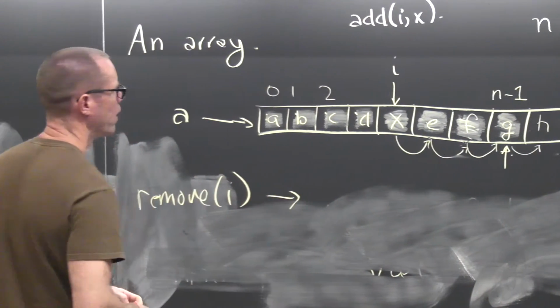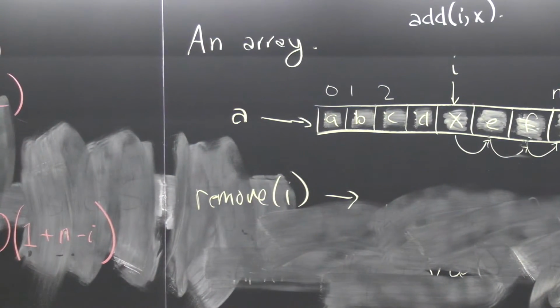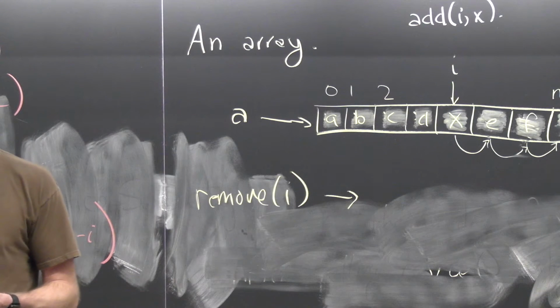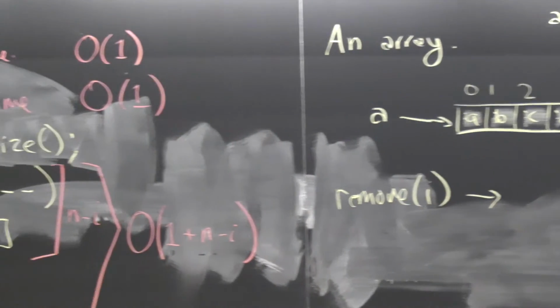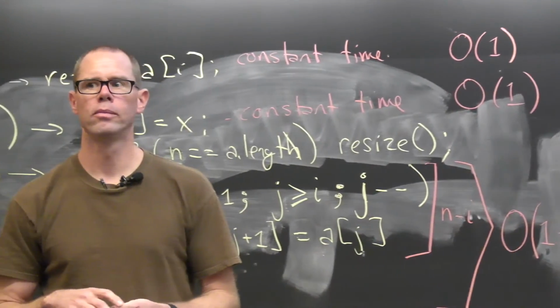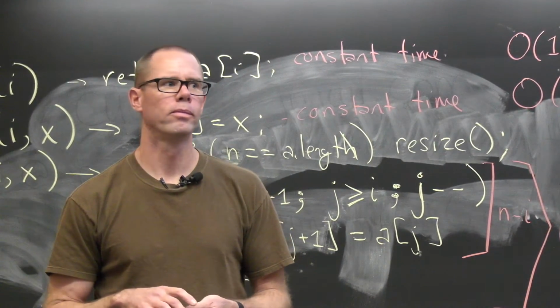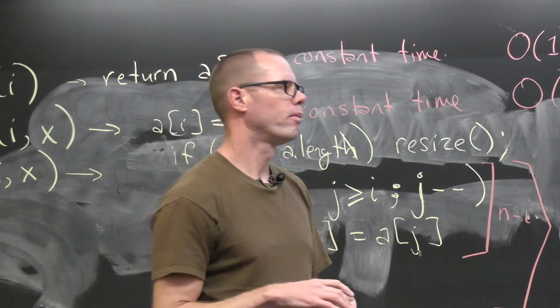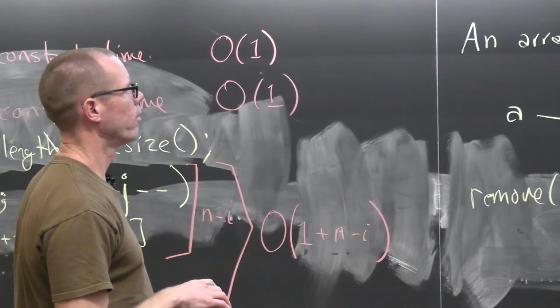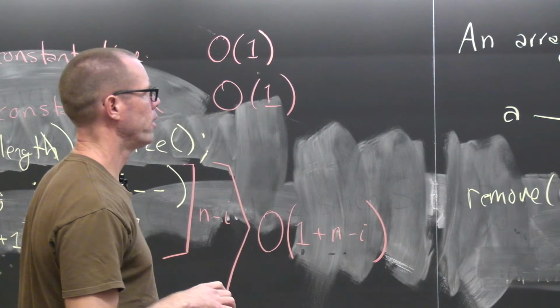Remove I. So we want to remove the ith element from the list. How do we do that? Yep. It's really similar to add-I, except you kind of go backwards where you just find the ith element,